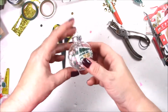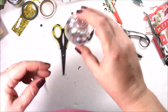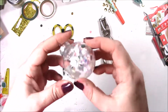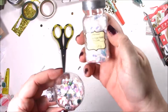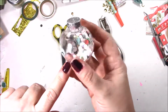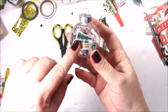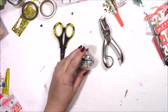So for the first ornament, I decided to make it a shaker style ornament, like what's really popular in scrapbooking right now, which basically is just these little pockets that have all these little goodies in it. So in here I've added, I just used my hole punch and cut out different pattern papers, and then I also added in some of this Recollections chunky glitter, which gives it that nice shine. I added in some sequins. There's some white, some clear sequins in there, and then I found this cute little sticker on the puffy sticker book that I probably wouldn't use in my layout, so I'm going to add that there,